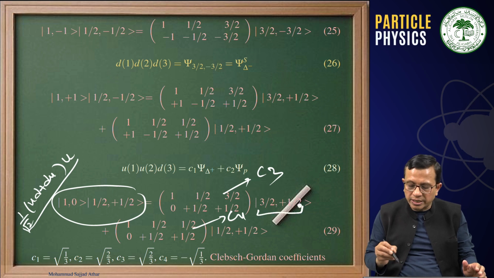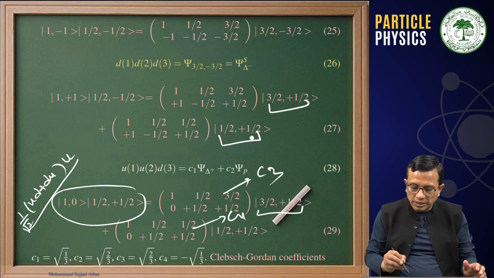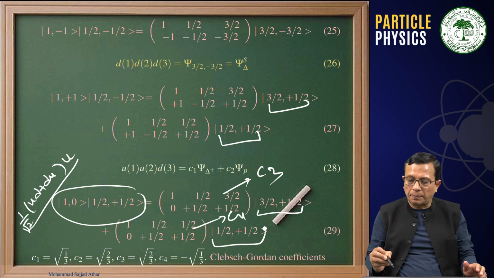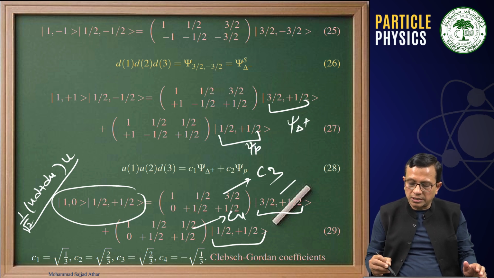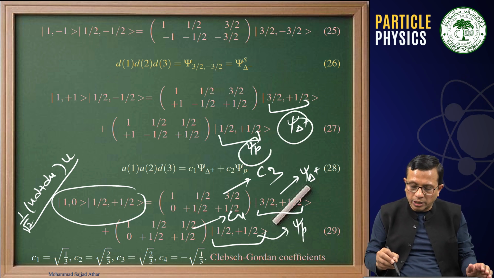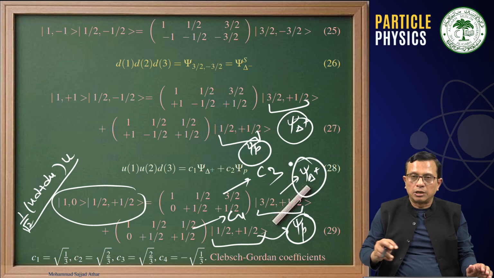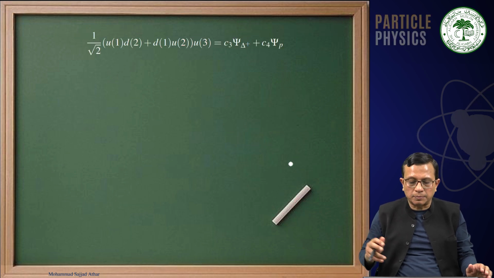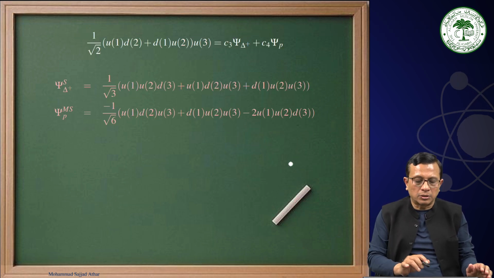Therefore, the unknown quantities are the flavor wave functions for the delta plus and the proton. You have got 2 equations and these 2 unknowns. You solve it, 8th class mathematics, and what you find out is that